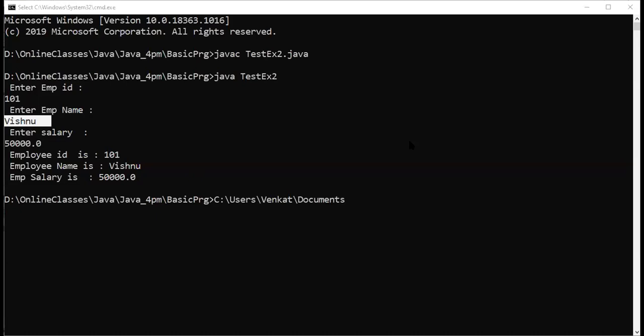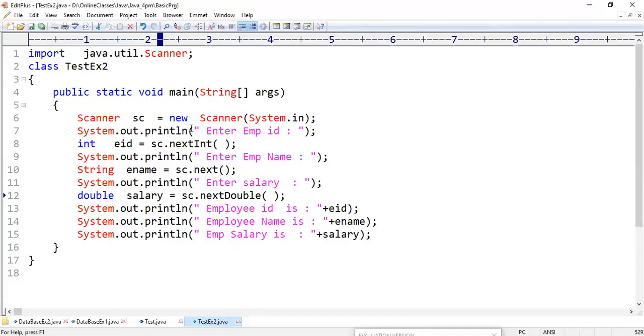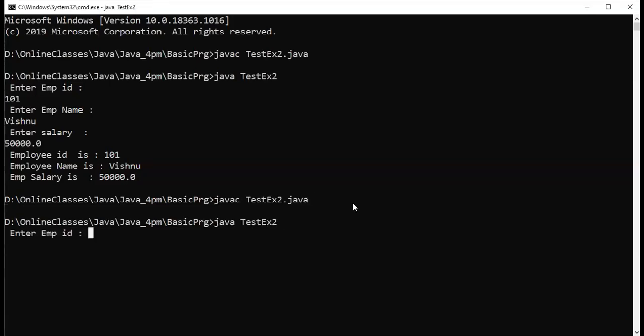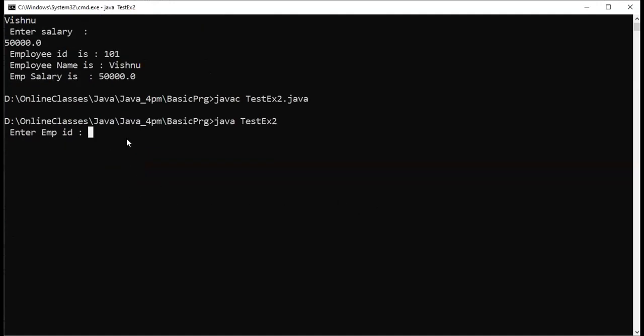No, sir, I don't want it like that. Observe here, one more small requirement. Within the same line, if you want, you can go for the print method. Instead of println, go for which method? Print method. Save. Same program, now execute, guys. I'm using the System.out.print method, right? Compile, execute. Now observe, cursor is available within the same line.